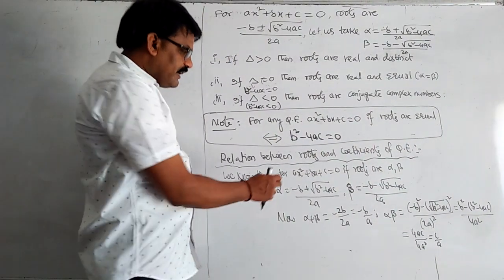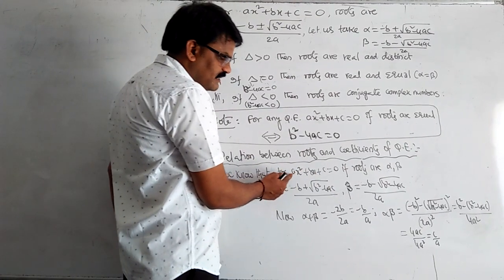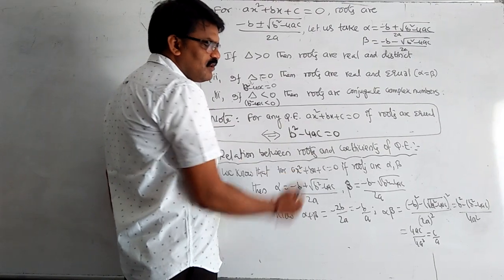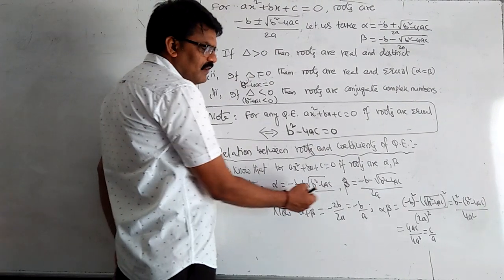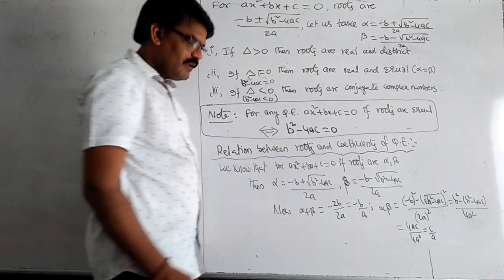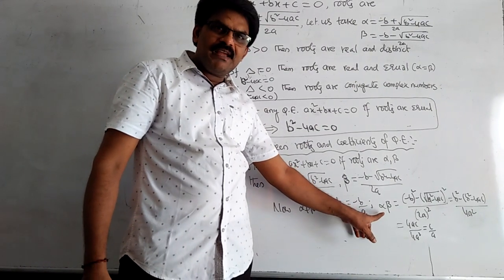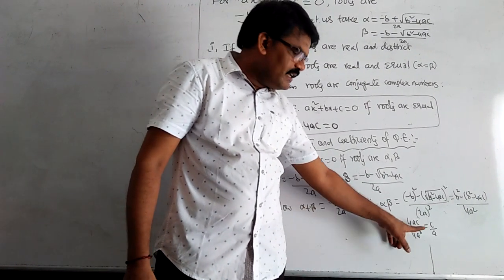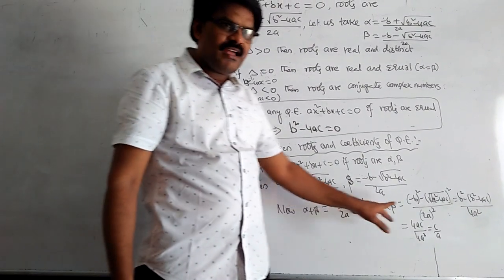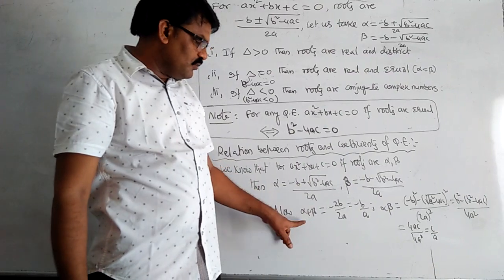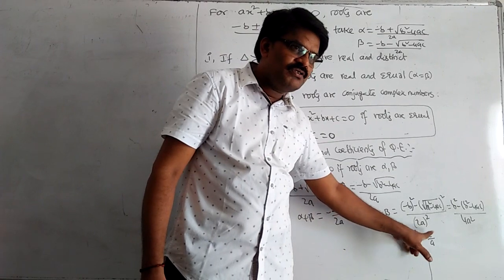We already know that for ax square plus bx plus c is equal to 0, a, b, c are coefficients. A is x square coefficient, b is x coefficient, c is constant. Here, if the roots are alpha comma beta, by adding alpha plus beta, we get minus b by a. By multiplying alpha and beta, we get c by a. Simply learn by heart the relations of alpha plus beta and alpha beta. In earlier classes also you know alpha plus beta is equal to minus b by a and alpha beta is equal to c by a.